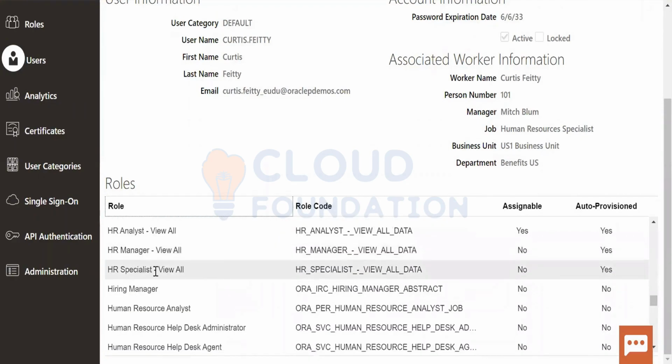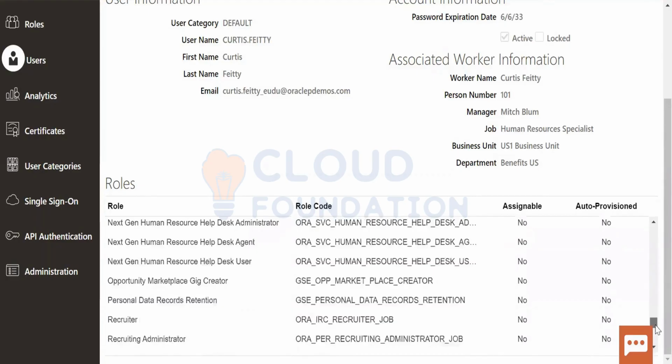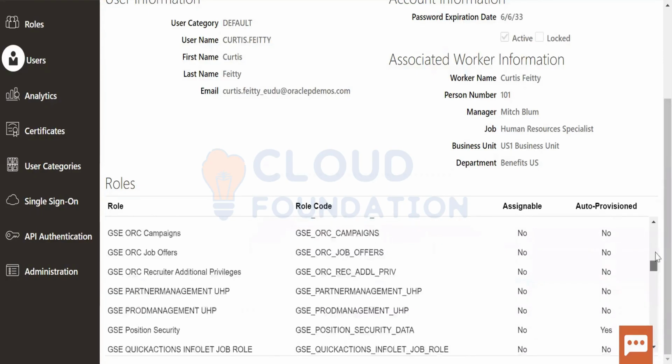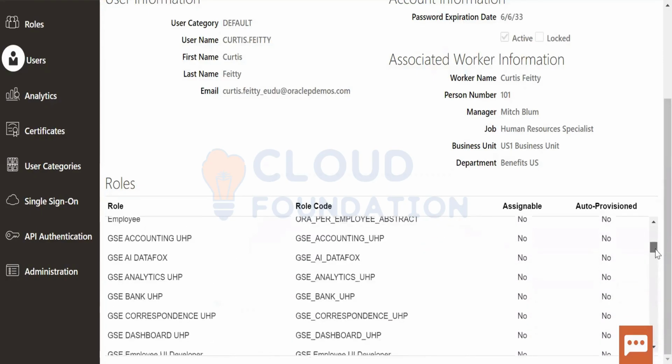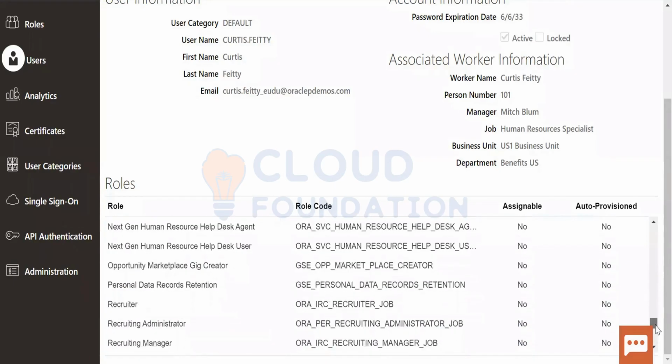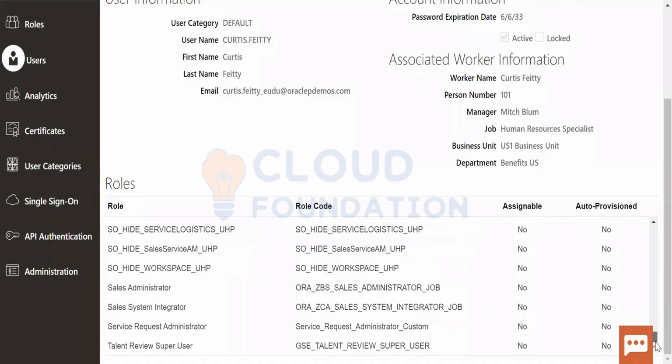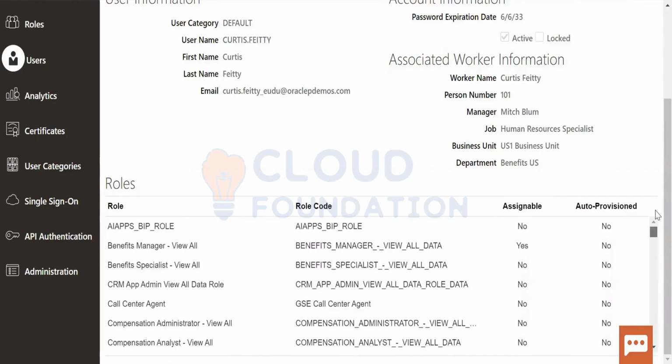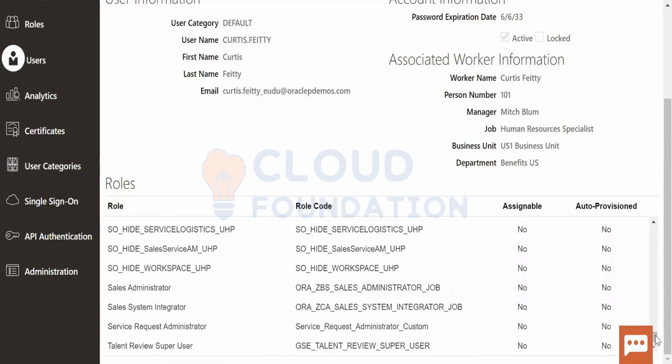He is an HR specialist, so he should have this role, HR specialist view all. Then we have application implementation manager and application implementation consultant. This role is not there. The application implementation manager role is not there.